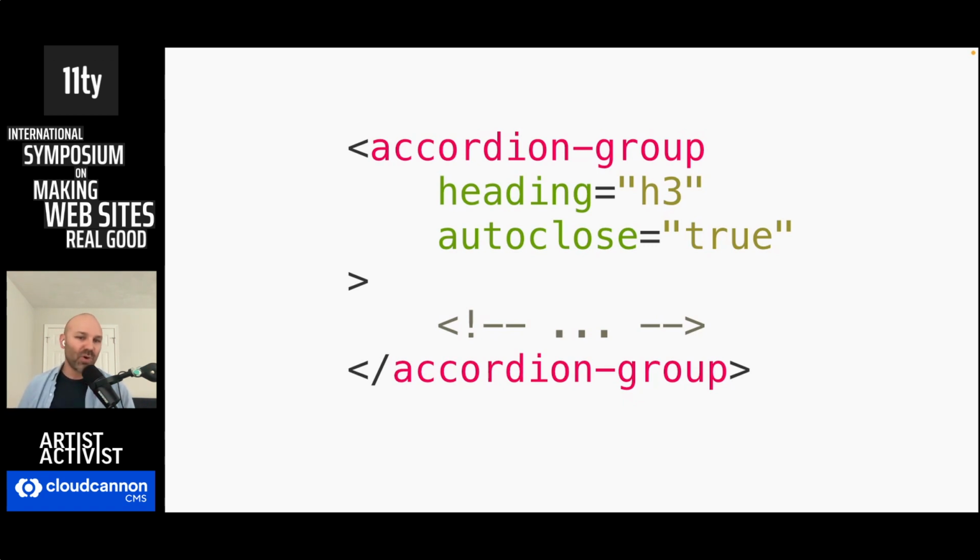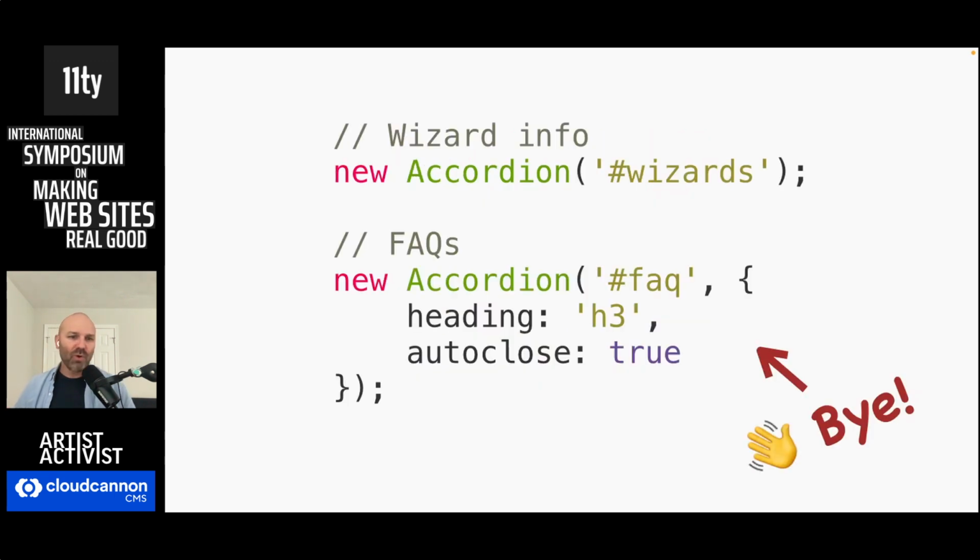Web components also let you provide options and settings declaratively in the markup. This makes it a lot more obvious what's happening just by looking at the HTML. The behavior isn't hidden away in a JavaScript file somewhere, and you can include multiple instances, each with their own settings, through the HTML alone. No more instantiating multiple instances with different selectors and settings, often in some JavaScript file that you have to hunt down every time you want to make an update.